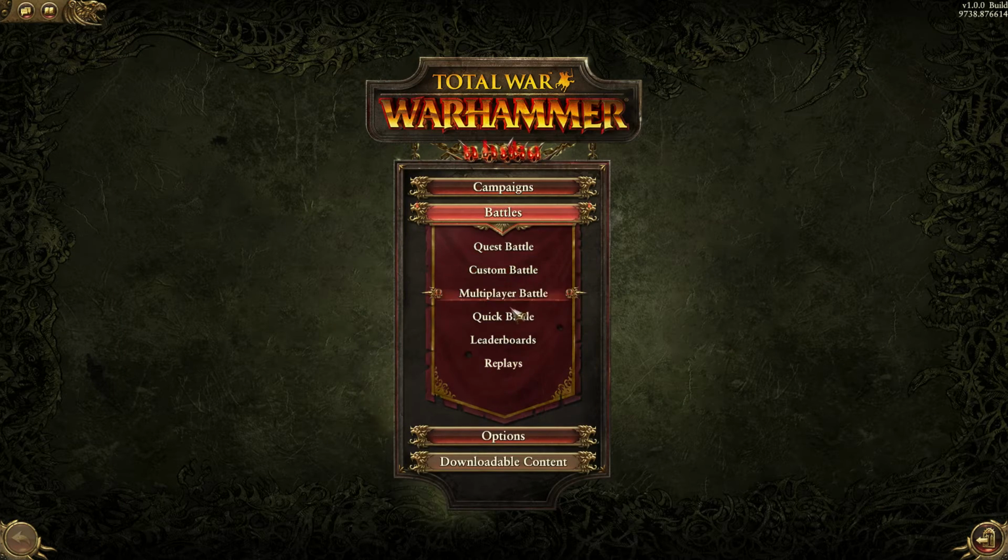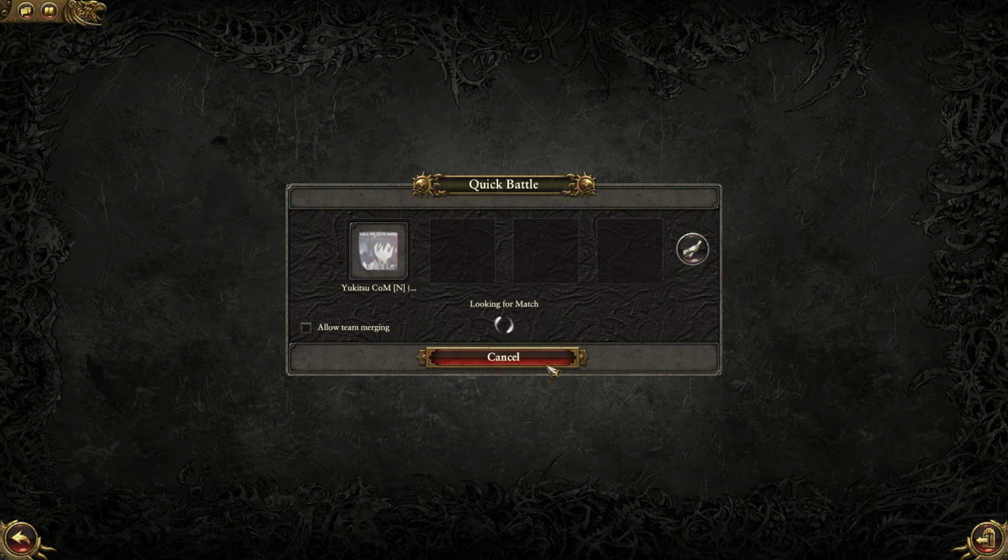Alright, let's go ahead and try and get into a battle here. Odds of a mirror match are quite high, but that's okay. Let's just hope that we can get a decent match here. Alright, well, it says we found a match, but...